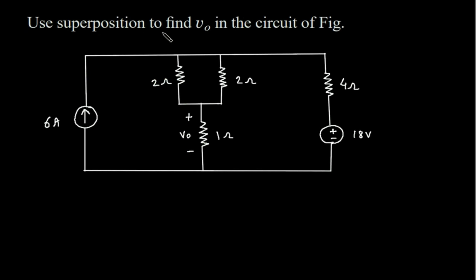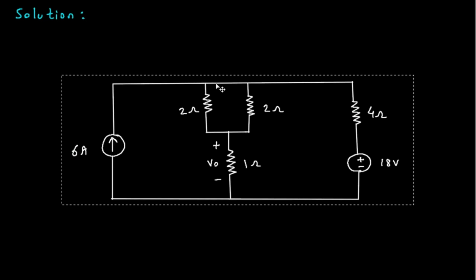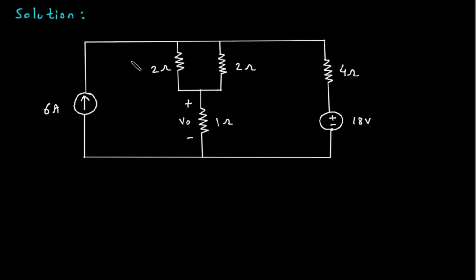Use superposition to find VO in the circuit of figure. We have to find this VO in this circuit using superposition theorem. Solution. First of all, we will redraw the circuit. Now let's say VO is equal to, there are two independent sources. So VO is equal to V1 plus V2, where